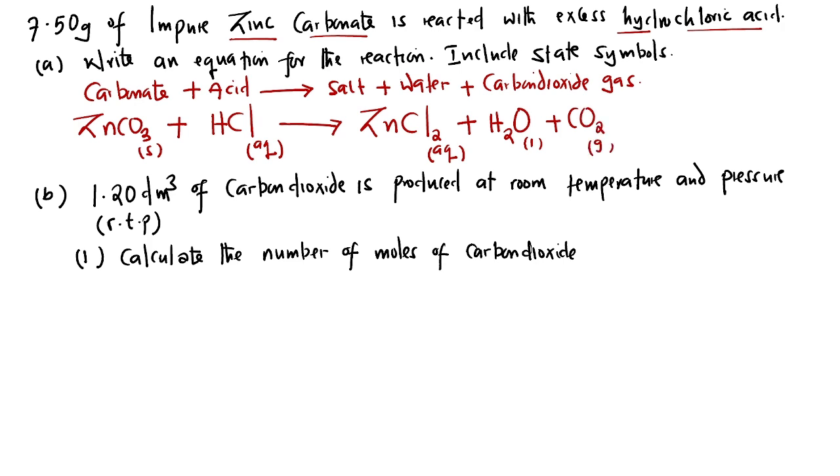Okay, so as we can see here, on the product we have got 2 hydrogen and we also have got 2 chloride. So to say that the equation is balanced, we're going to put a 2 here on hydrochloric acid. So in this case, our equation is balanced. We have got 1 zinc on the reactant and 1 zinc on the product. We have got 1 carbon on the reactant, 1 carbon on the product, 3 oxygen on the reactant, 3 oxygen